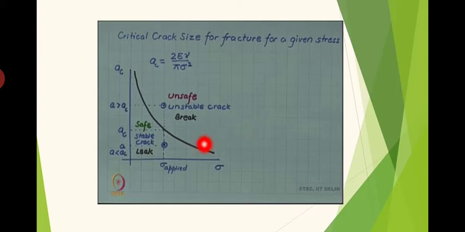So the area below this graph actually shows the safe region, or we can say it as stable